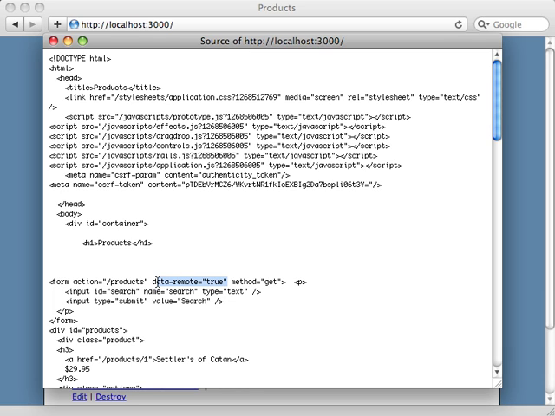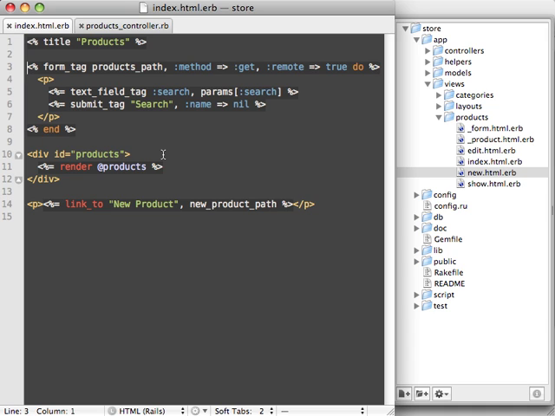This is just going to tell our JavaScript, our actual rails.js file up here, that this should be considered a remote request and go over AJAX. So now all we have to do is handle this AJAX request. And notice we have a div id equals products tag here, so that we'll just update this div inside of our AJAX request. So our remote form is getting submitted to the products path,